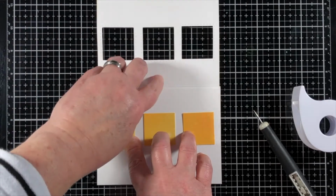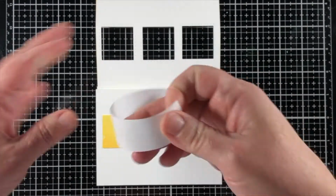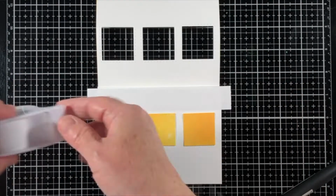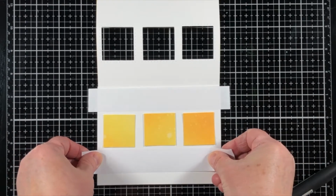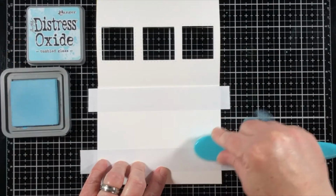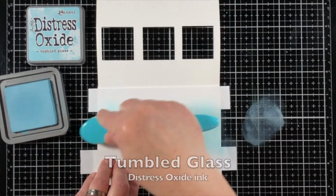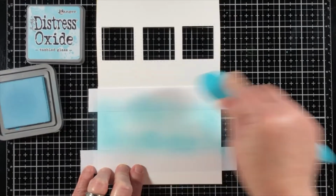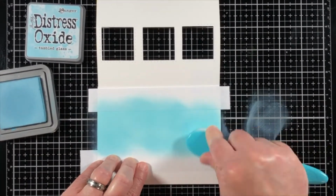So in order to do the ink blending on the next portion, I popped those die cuts back into place and am going to use some more of the Post-it tape and mask off an area that I don't need to add any ink blending to the full panel here. It's not necessary. I could do it, but I thought it would be nice just to have it in a certain area, just enough to where it would span a tiny bit above and a tiny bit below the window